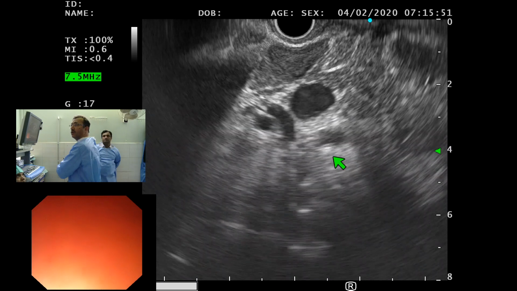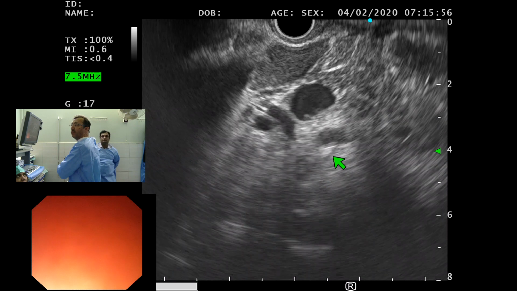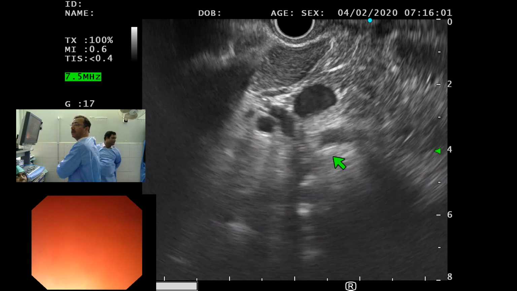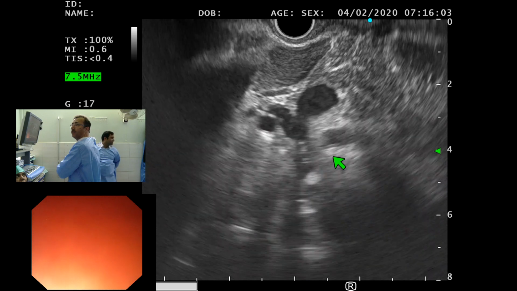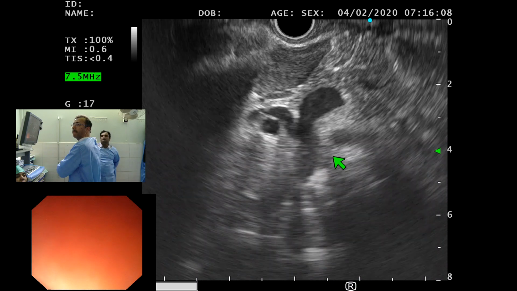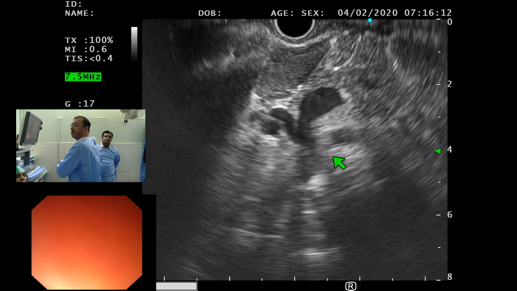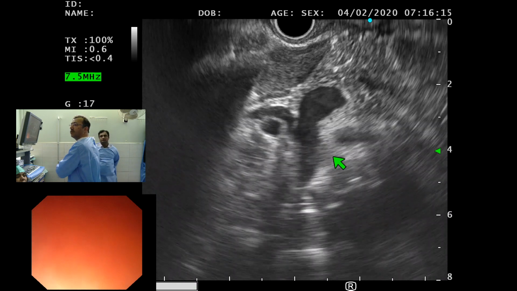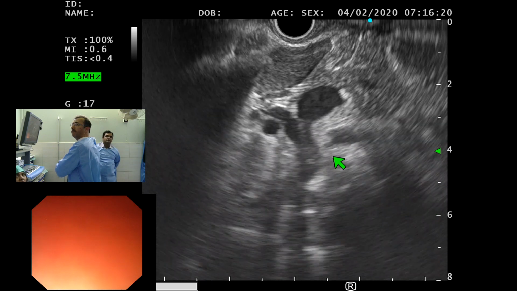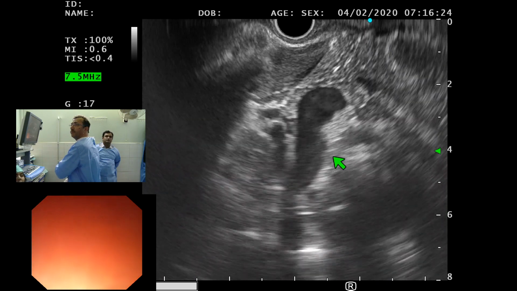Ever since you have switched to FNB, do you find any difference in your yield while you were doing FNAC and now that you have switched to FNB? Yeah, obviously you get nice core tissue with the FNB, but we still continue doing the on-site cytology, on-site evaluation. I think that's reassuring. Plus, I feel that it's also learning for us, so we continue doing it. I agree with you.